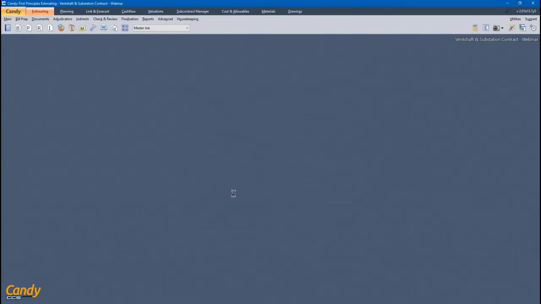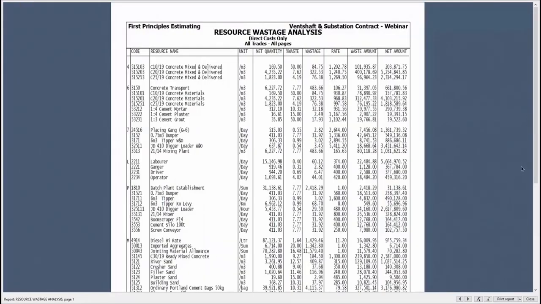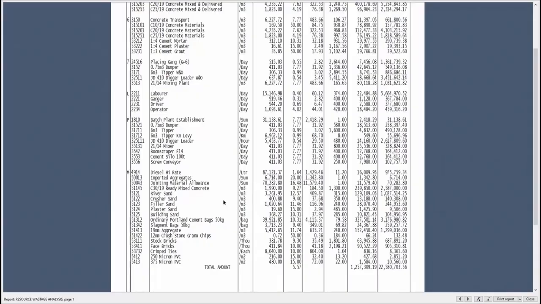Okay, wastage analysis. Because I used percent waste in my worksheets, it now also gives me a wastage analysis for the resources. If I look at my diesel, for example, or let's look at that ready mix. I priced that on those concrete items. So my net quantity is 1,990 cubes.